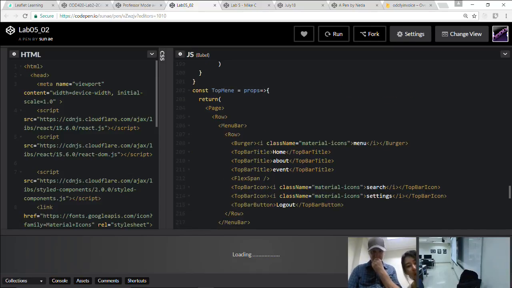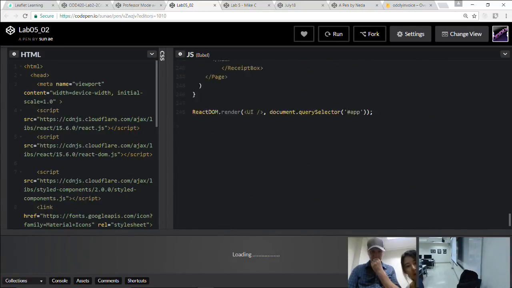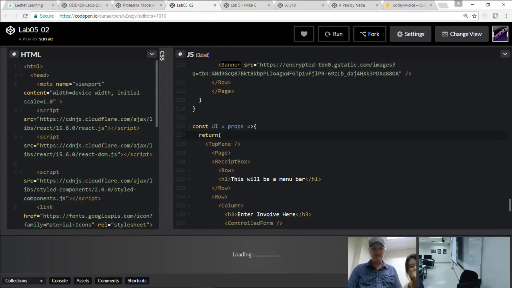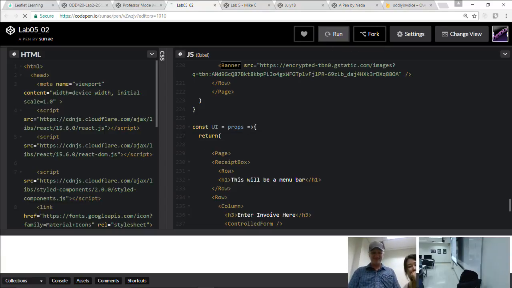Because I make the top menu and then I support in this page. Is it right? It looks like it. Let's try something really quick. We'll just try remove it, and then if it works, then we know where the problem is. No, so something else. Oh my God, I forgot that was turned off. Okay.